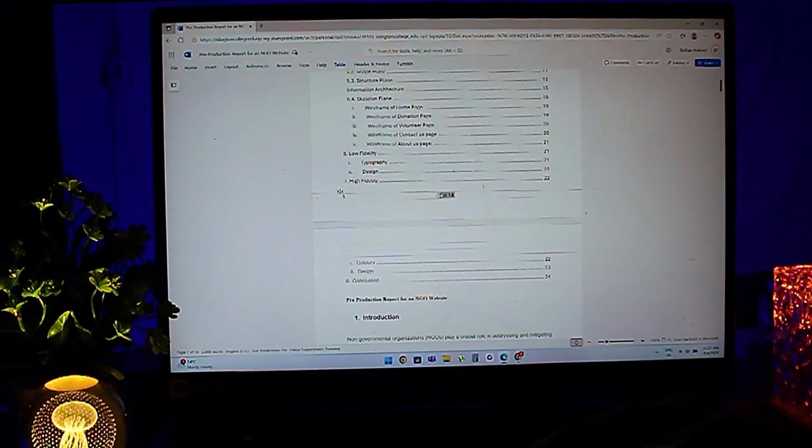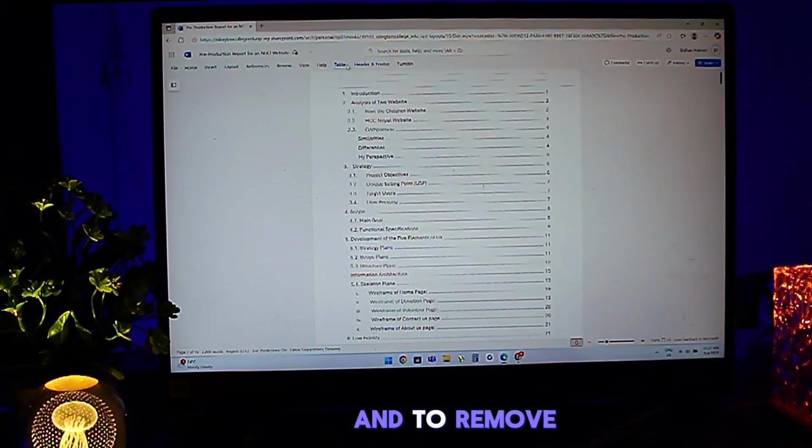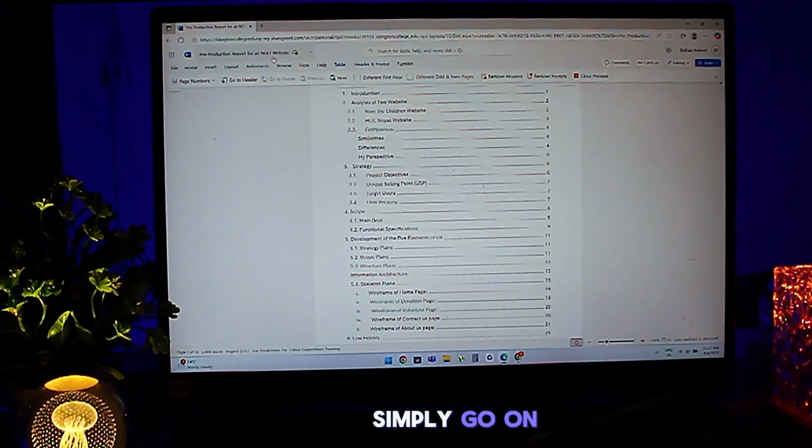You can simply remove this and put 1 here and press enter. After this, your page number will be updated, and to remove the page number, you need to simply go to